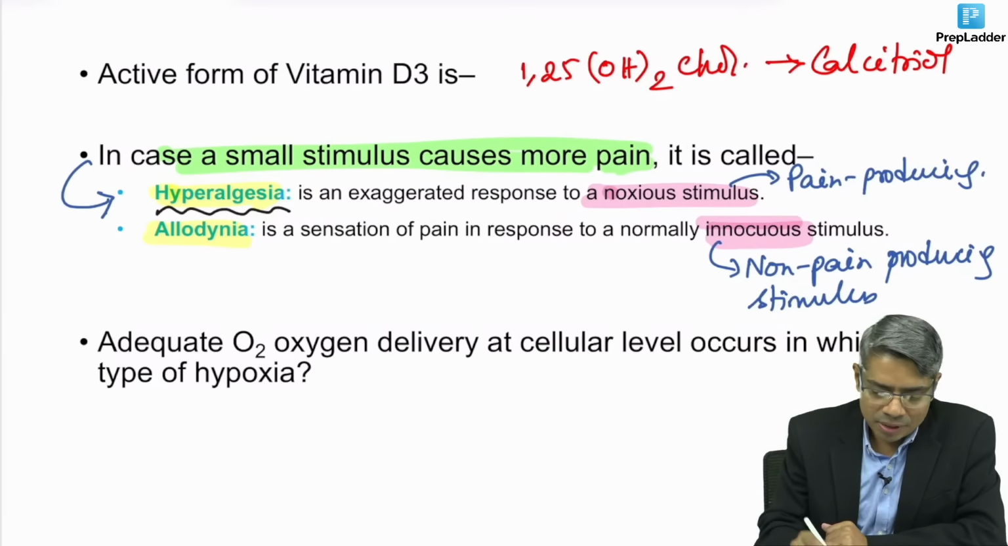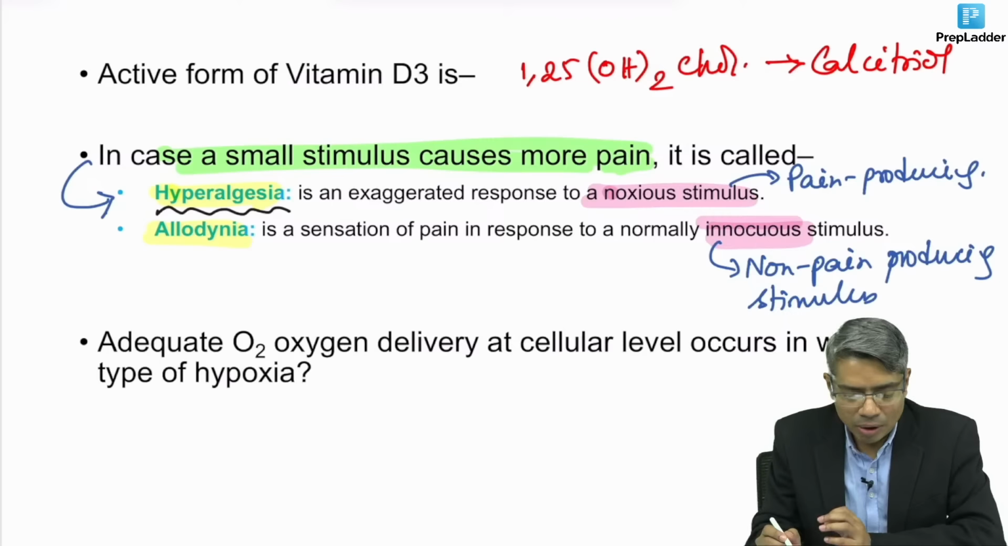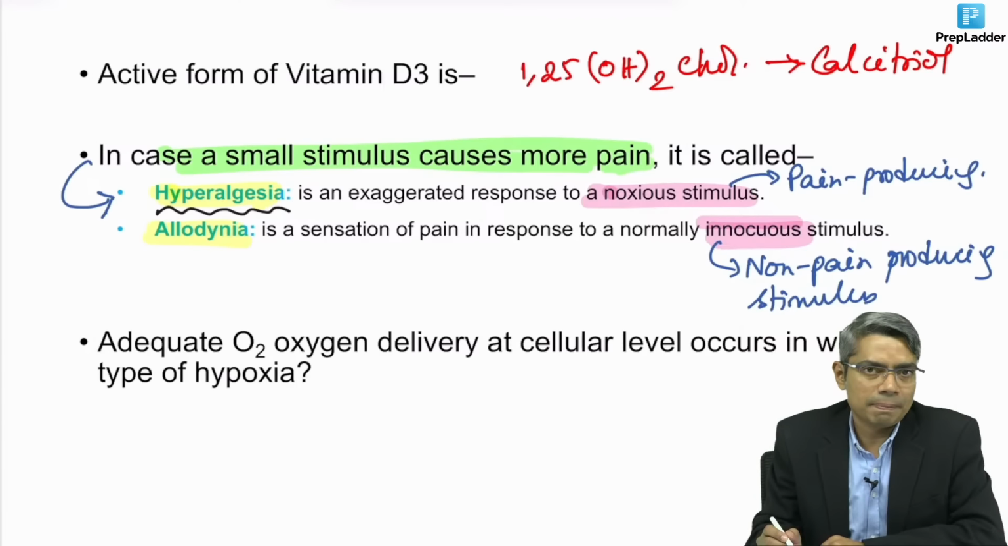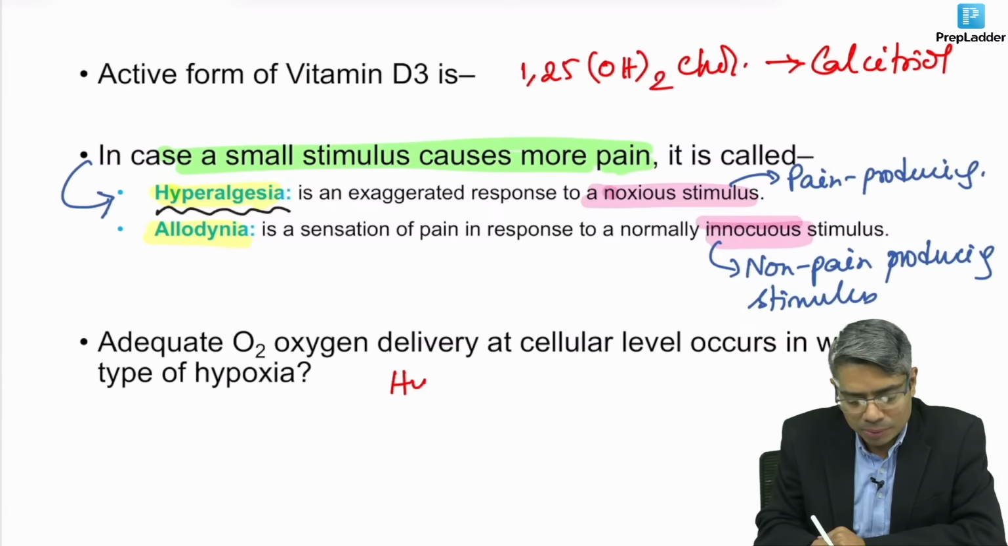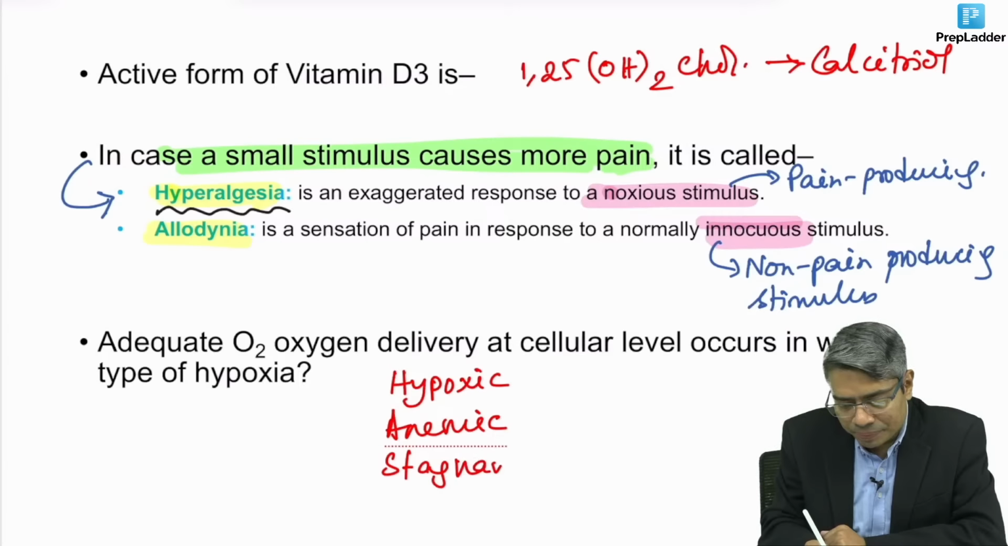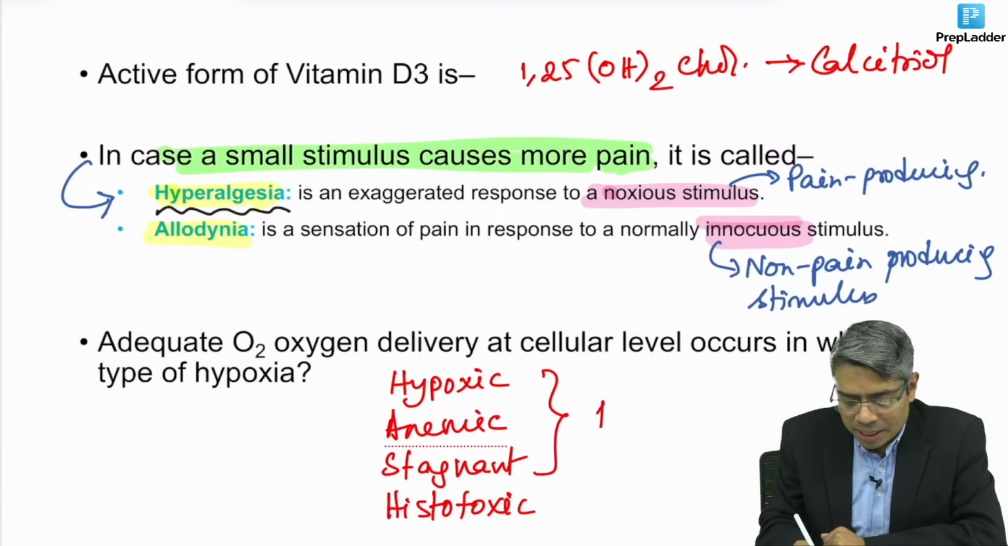Now next one is adequate oxygen delivery at cellular level occurs in which type of hypoxia? So you all know that there are 4 types of hypoxia. What are the 4 types? Hypoxic hypoxia, okay. Then second one is the anemic hypoxia, okay. Then third one is the stagnant hypoxia, okay. And fourth one is the histotoxic hypoxia. So in all of these 3 types, there will be decreased delivery of oxygen